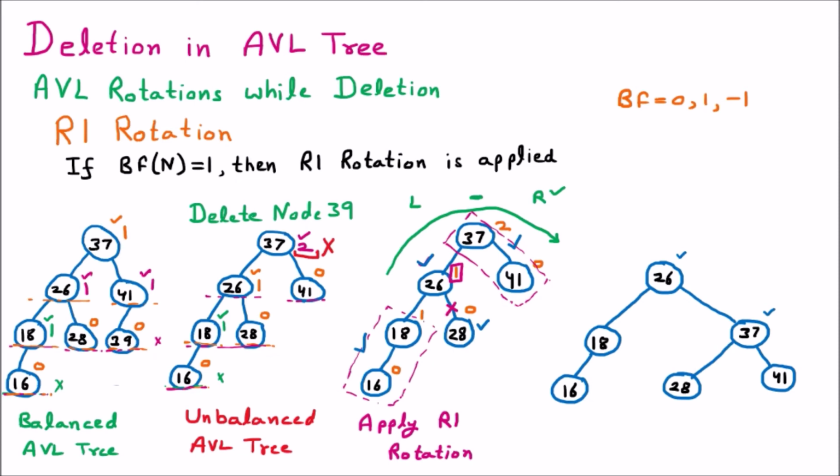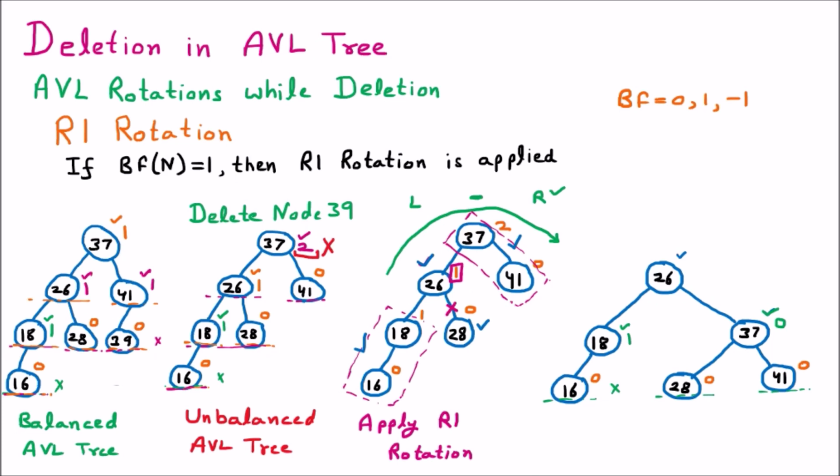Now we have to find out whether the tree constructed after the rotation is an AVL balanced tree or not. So for that we are going to find the balancing factor. We know that all the leaves which have no child have balancing factor 0. Then talking about the balancing factor of node number 37, on the left we have 1, on the right we have 1. So 1 minus 1 is 0. Similarly, for node number 18, on the left we have 1, on the right we have nothing. So 1 minus 0 is 1.